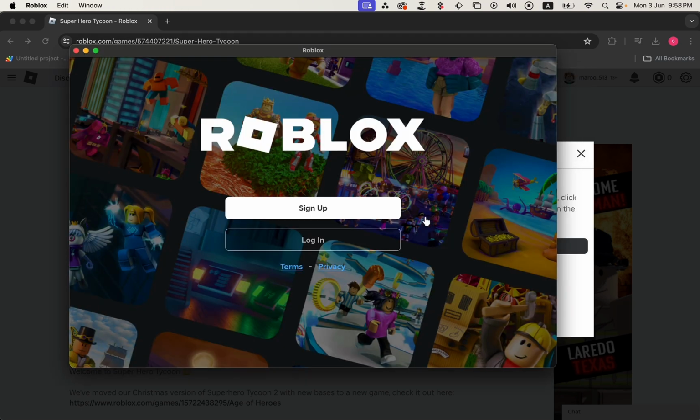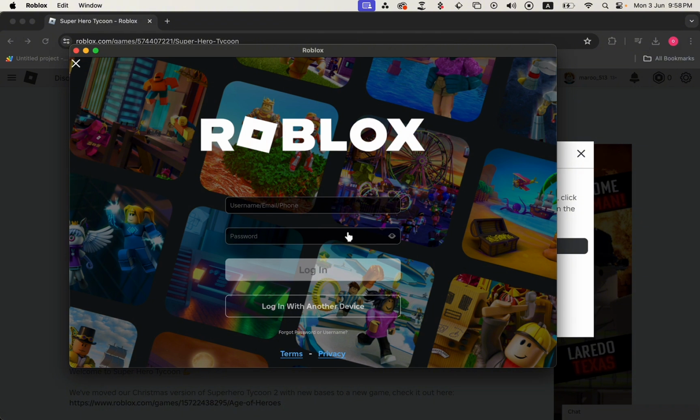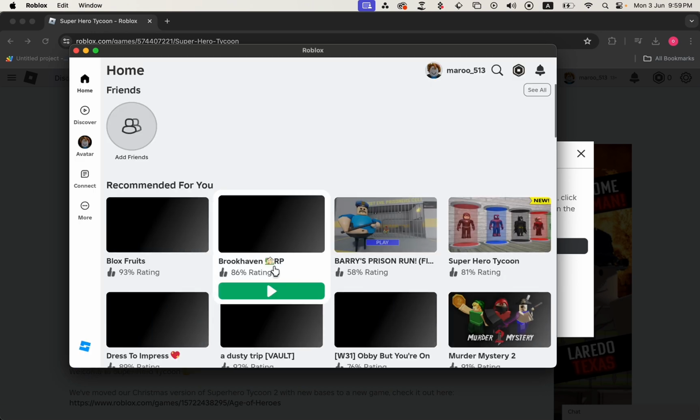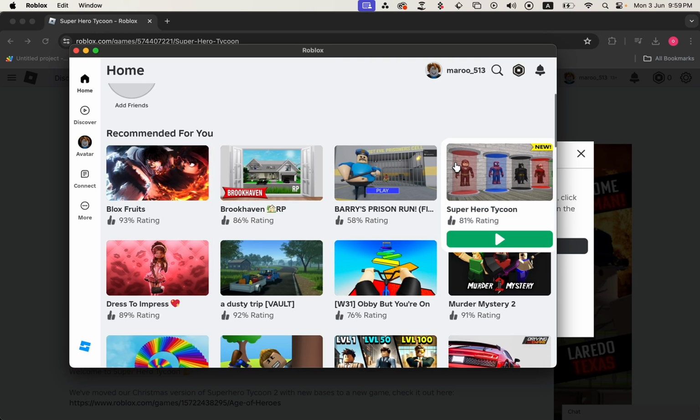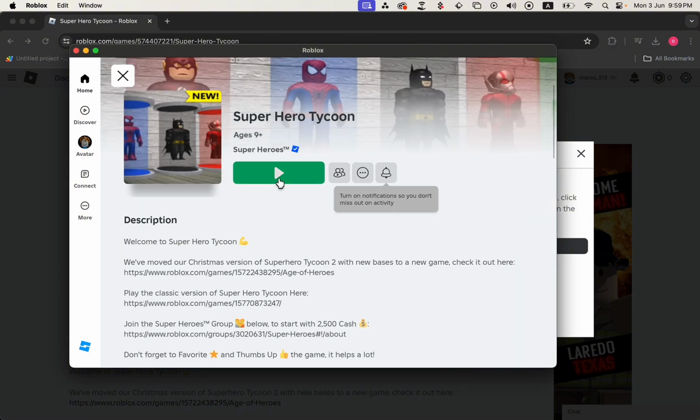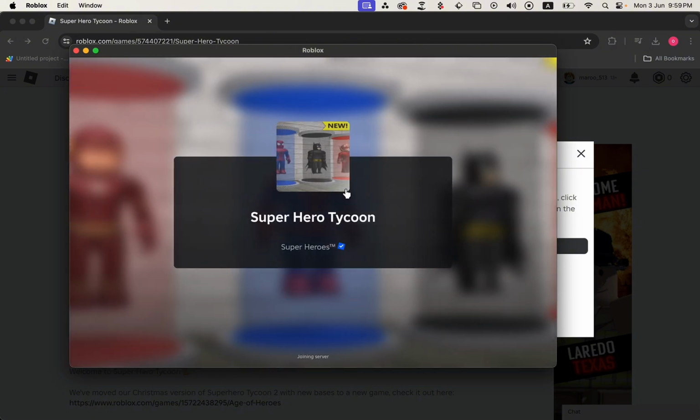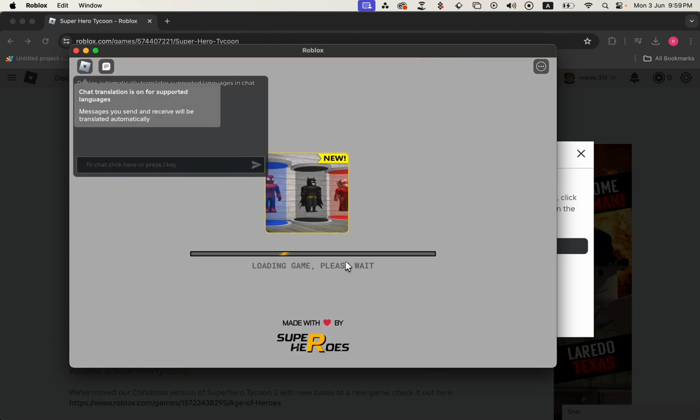Now it's ready. So all I need to do is just log in with my username, enter my password, and log in. Now I'm in my Roblox app, so I will just choose the game that I want to play, click play, and now the game is loading. So I just wait for it to load,